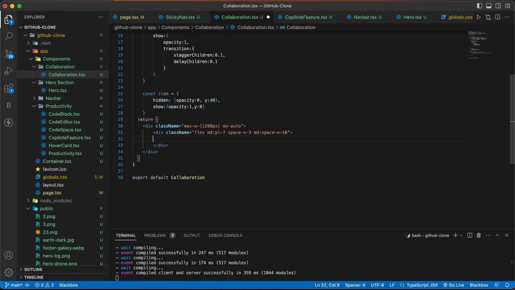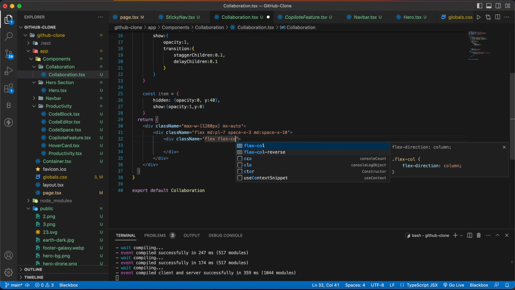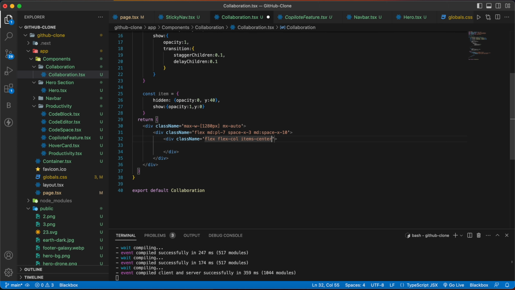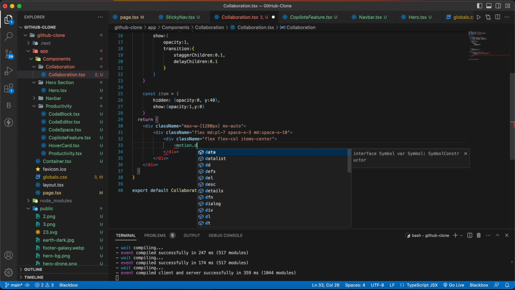Then inside this we are going to have one more div, the class name flex col items center, and inside this we are going to have motion dot div,